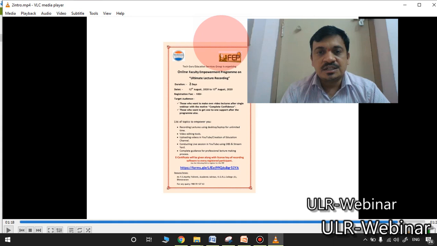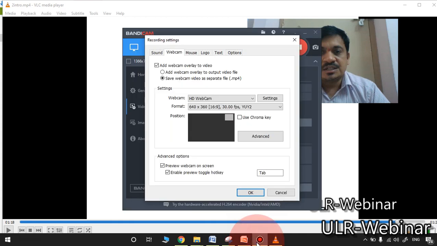If you want to remove the video temporarily, click the tab button again. That is sufficient. So that possibility is also there in Bandicam. As and when required, you may show your video or add it to your recording. If you don't want to show the video for a specific duration, simply click the tab button. That feature is also available in Bandicam.